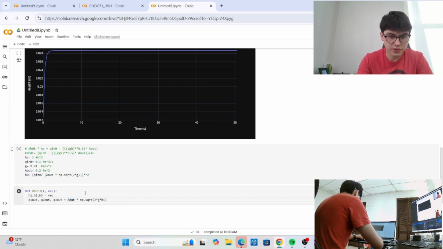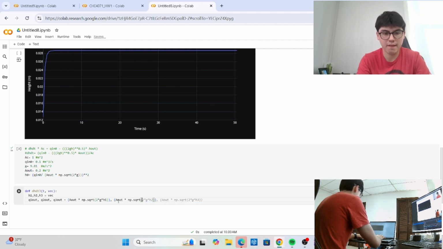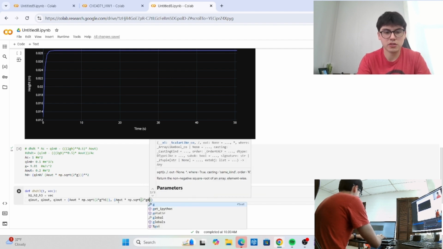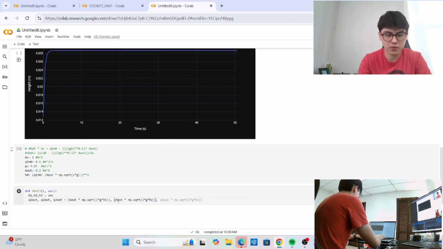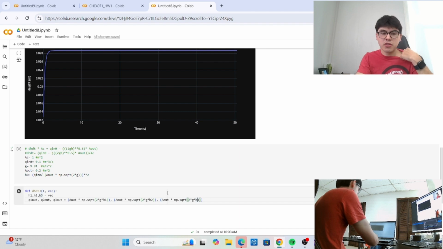And put this in parentheses. And then Q2 out is equal to the same thing, but instead of h1, we're going to use h2, the height of tank 2: 2 times g times h2. And then our third flow rate will be equal to the area of the outlet times the square root of 2 times g times the third height. So now we have our three flow rates,